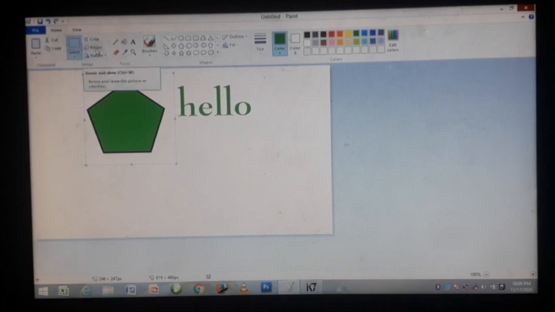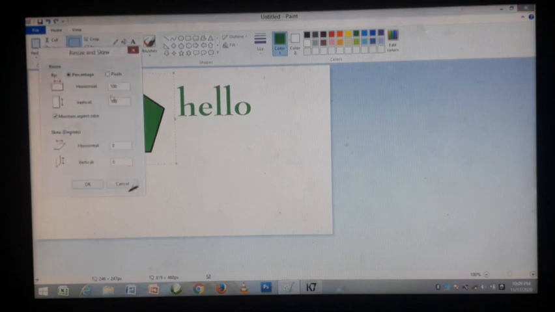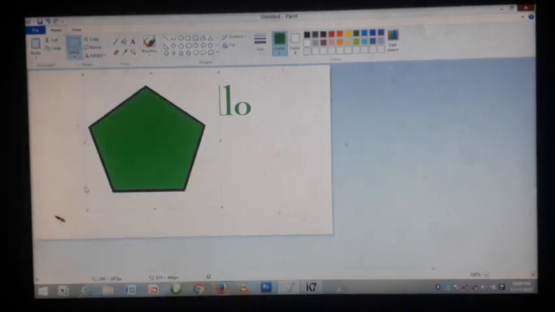Then another tool is the resize tool. The resize tool is used to change the size of an image. How do we change the size? First, we select the image. Then go to resize, then adjust the size. Here the size is 100. Here I change the size to 150. Then okay. The size of the image is increased. The rotate tool is used to rotate the image and the resize tool is used to change the size of an image.